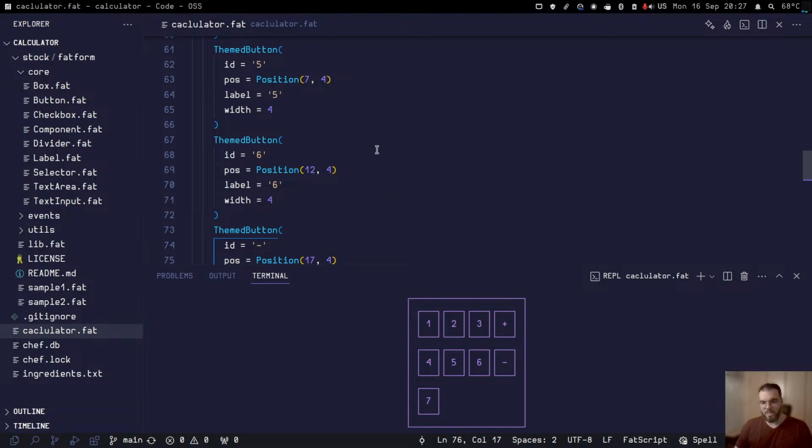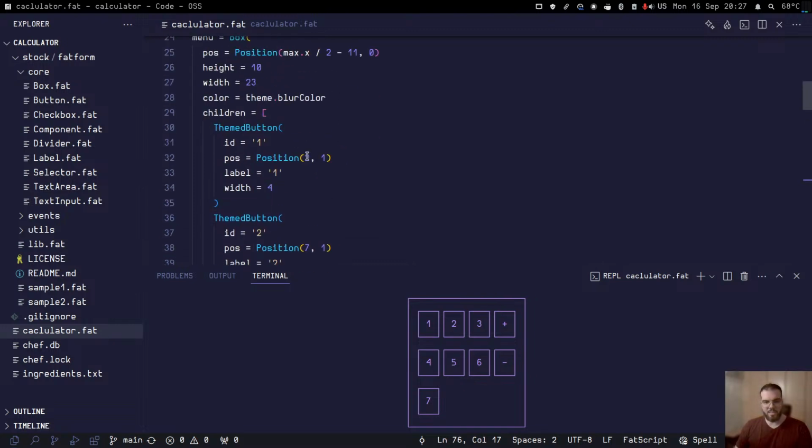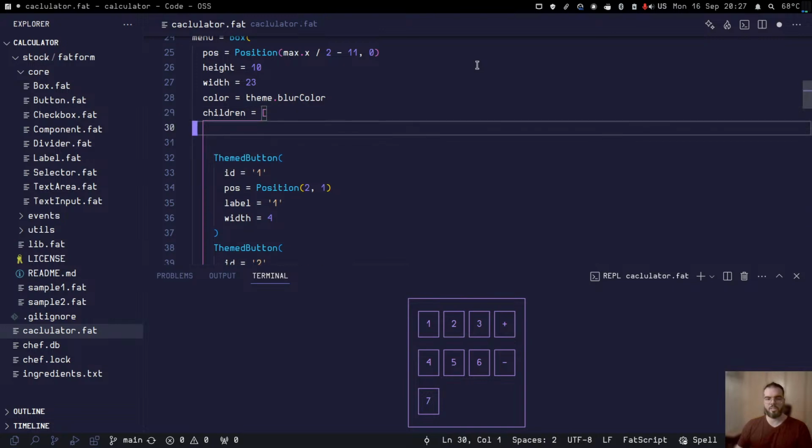Something is not quite right. We still need the place to put our results, and maybe even... yeah, let's start with that. I forgot completely to put that here, so I'm gonna add another box here. So this is our box for the result,